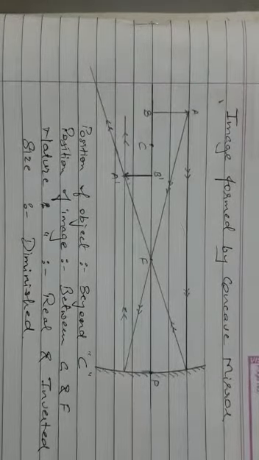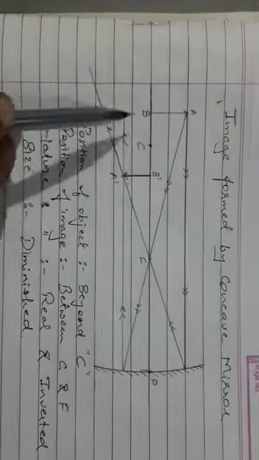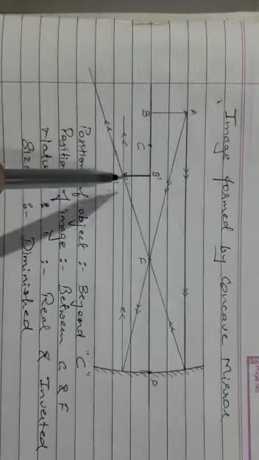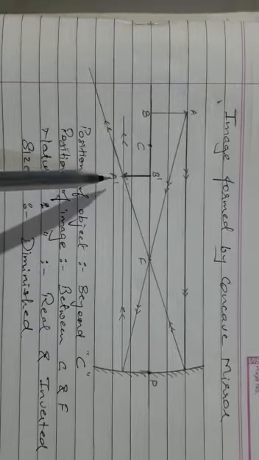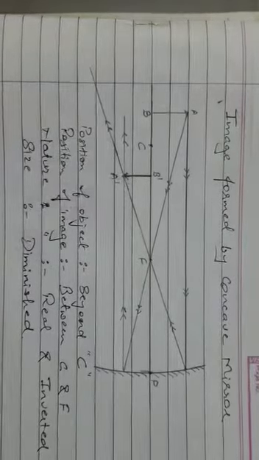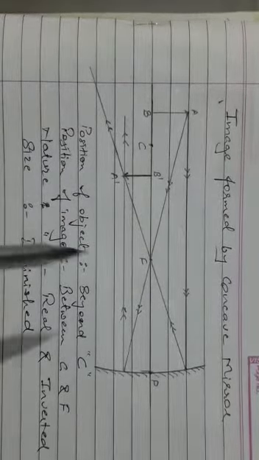Smaller than the actual size of an object. You are seeing the size of an object is of 2 lines. Here, the image you are seeing is not completely 2 lines, it is 1.5 lines, and you are able to see that it is smaller than the original one. So this is how you are supposed to draw.